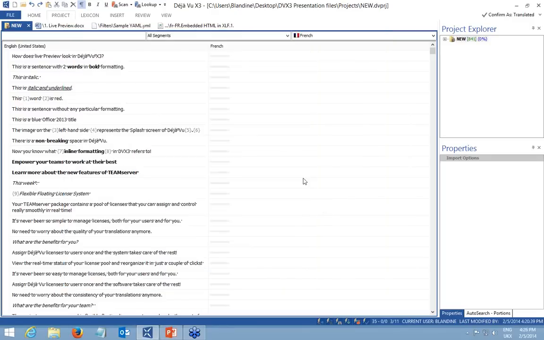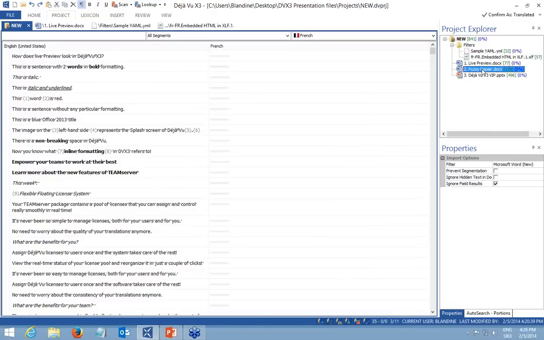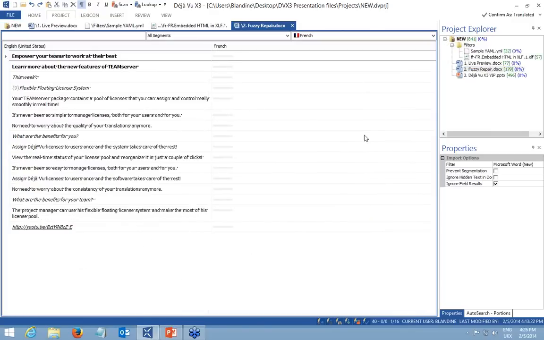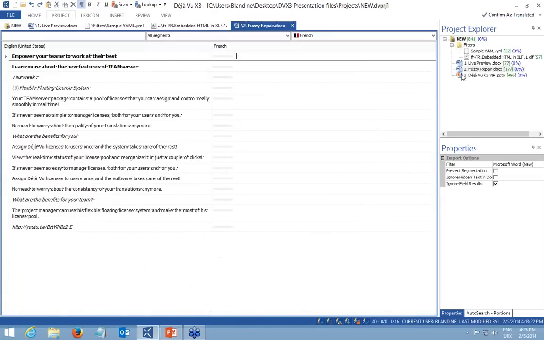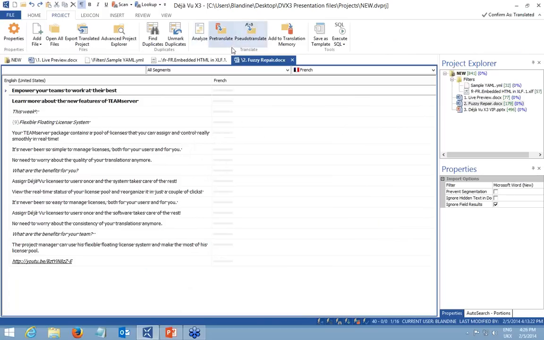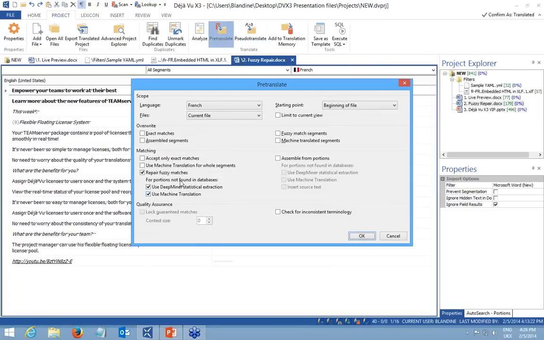So far, so good. Now let's do some pre-translation finally, and I will do so using this specific file. As you can see, I can here opt to see the entire project in the translation grid, or just the specific document. I only want to use this one. And for that, I'm going to use my magnificent ribbon. With one click, I can obtain here my pre-translation